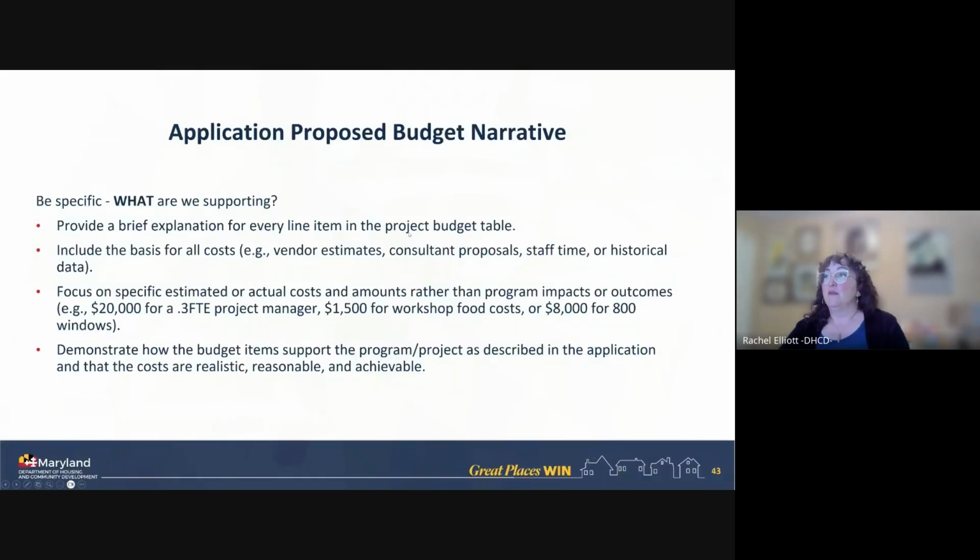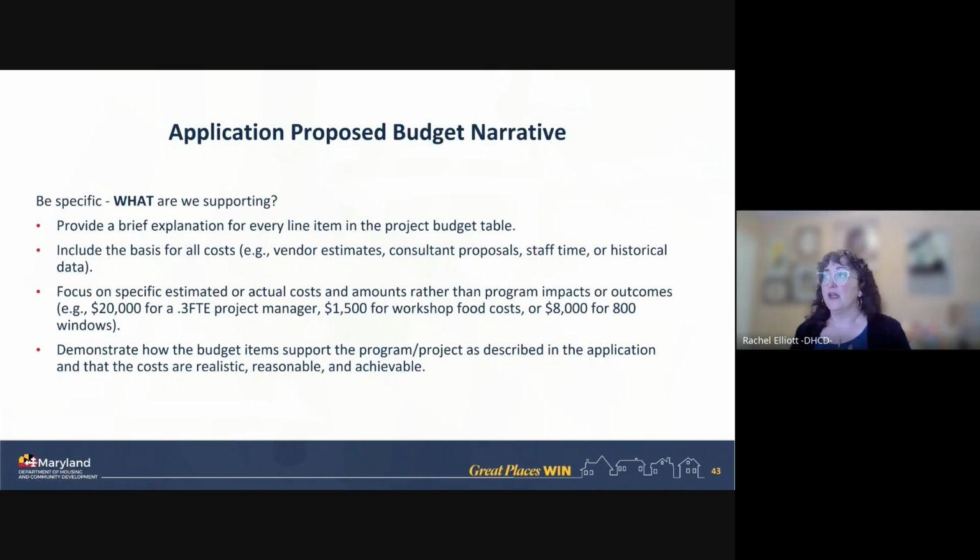There is a budget narrative at the bottom that is really, really important. Please be specific. Like, what are we paying for? What is DHCD, CITC? What is this? What is your budget going to do? And what are we making happen with the grant that you might get? I'm so sorry, I'm very hoarse.